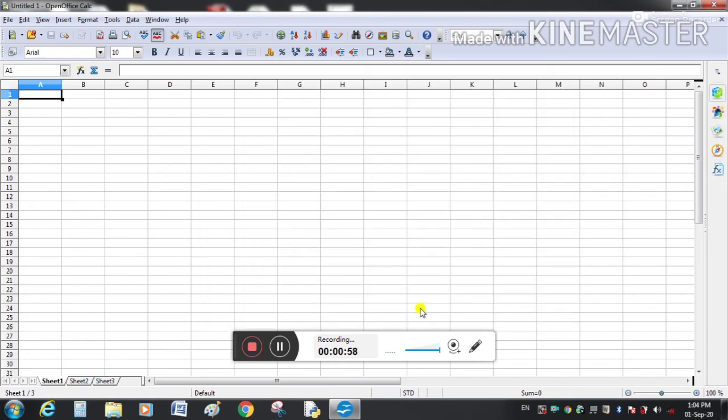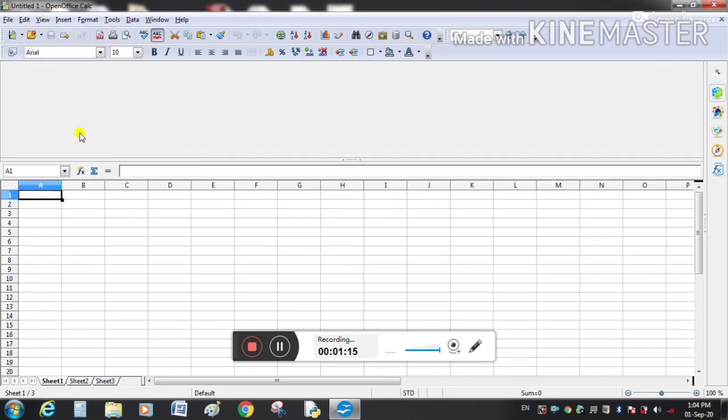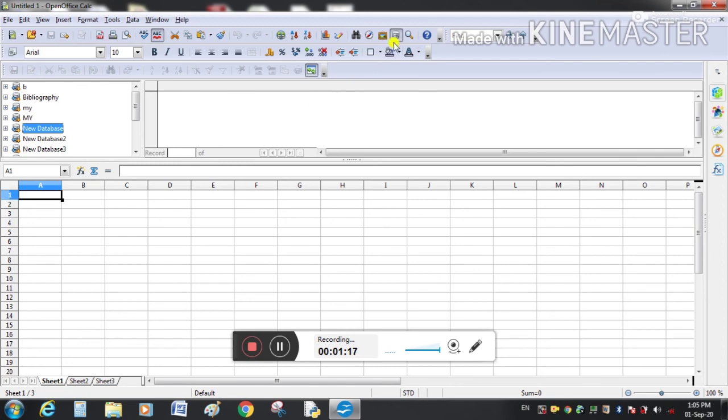Okay, now a link has been created to the registered data source, and to see the data in this spreadsheet, go to the View and from here select data sources. You can also select data sources from this option, and now you can see our registered data source, new database, and there is a table.